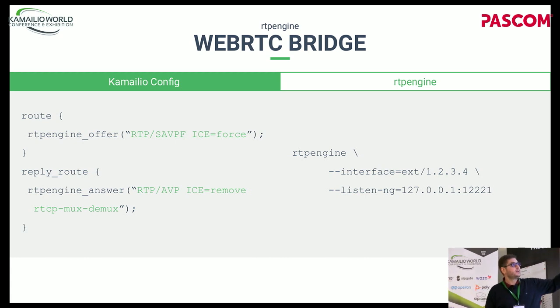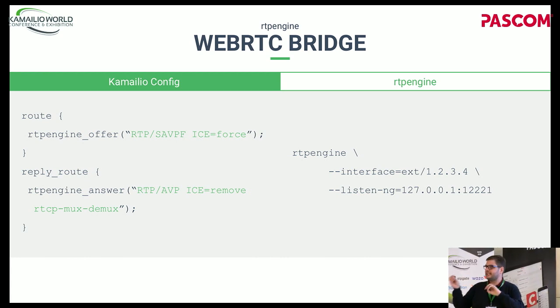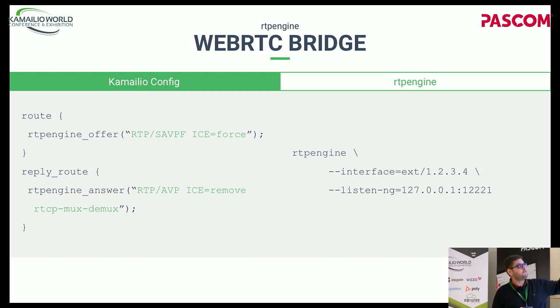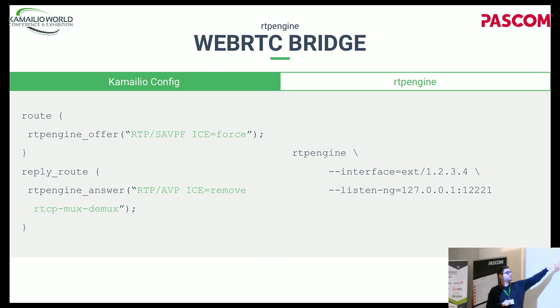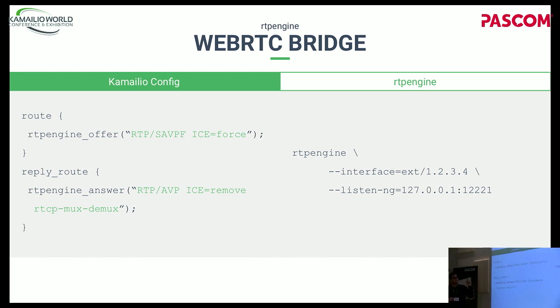You can do it individually if you need to, set different parameters on the different directions. Like in that direction, we say you get in an invite from a SIP phone, for instance. And in that case, we know we are going to go to a WebRTC client, so we use RTP SAVPF on that side, and we force ICE. And that will actually instruct RTPEngine to add ICE candidates into the SDP information.